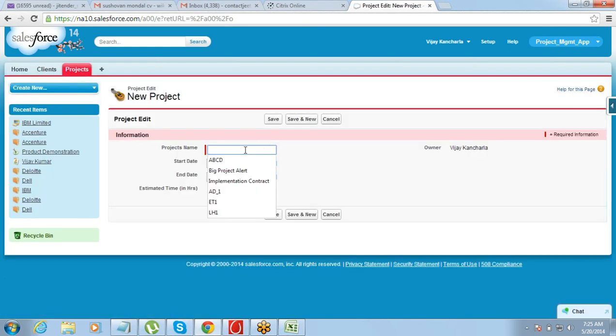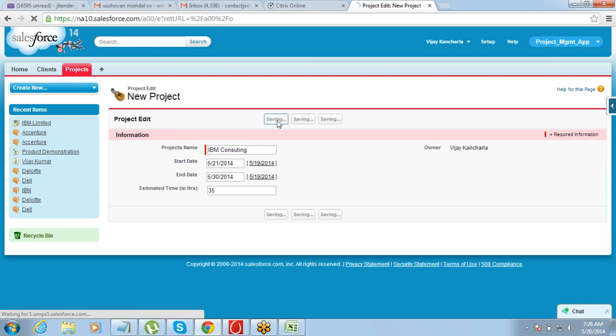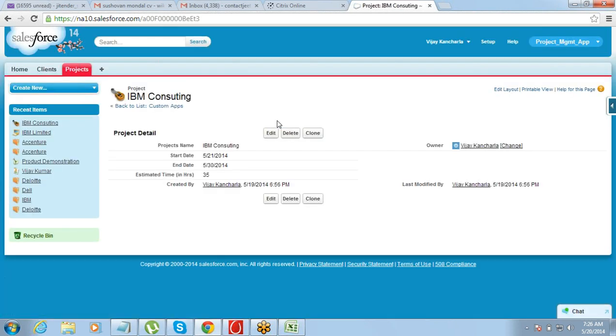Project, click on project. Starts on 21st May, ends on 30th May. Estimated time 35 hours. Got that? How we create a complete app.